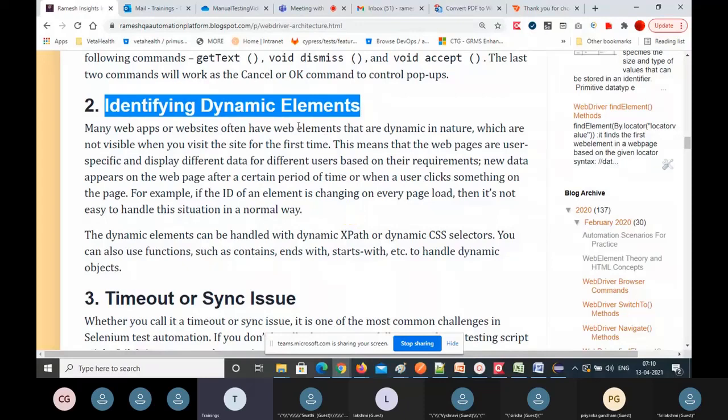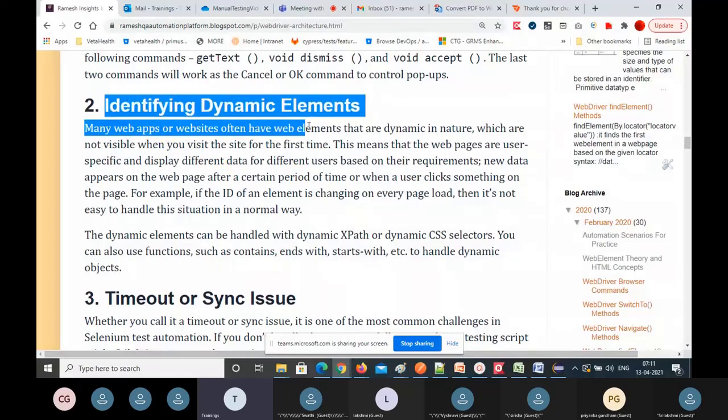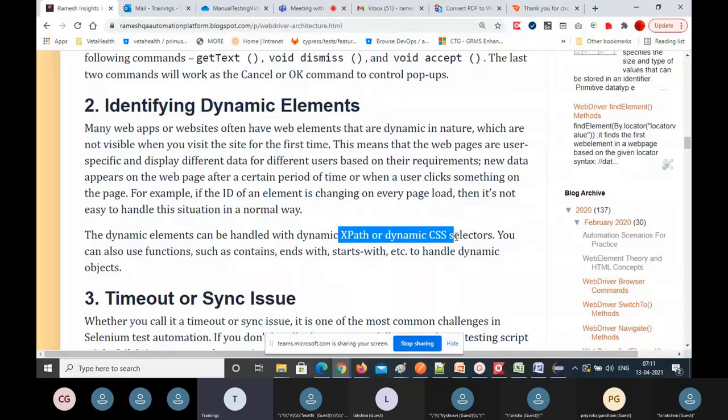Those dynamically changing elements you can handle with XPath and CSS concepts. First you have to state the problem, the challenge: in web pages, there are dynamically changing web elements. How can we handle them? Using dynamic XPath and dynamic CSS selector concepts.